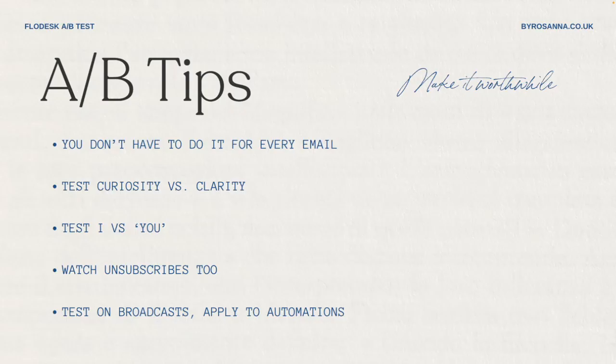And the best thing to do is to test these with your broadcast emails, so like your one-off newsletters that you send, and then you can apply everything that you've learnt to your automations. So if you've got workflows set up in Flodesk, go ahead and look at all of the email subjects that you've got in there and apply what you've learnt with these A/B tests